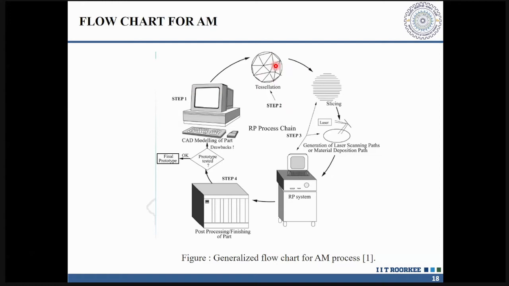So once you have done the tessellation, because you are fabricating a 3D object by stacking 2D layers, the next step is called slicing. Now what does this slicing do? Slicing gives you the information on a 2D platform. One layer on a 2D, next layer on a 2D, third layer on a 2D. Once they are stacked, you get the object in 3 dimensions. So stacking of 2D layers. So where to do the stacking? That is differentiated with the slicing.